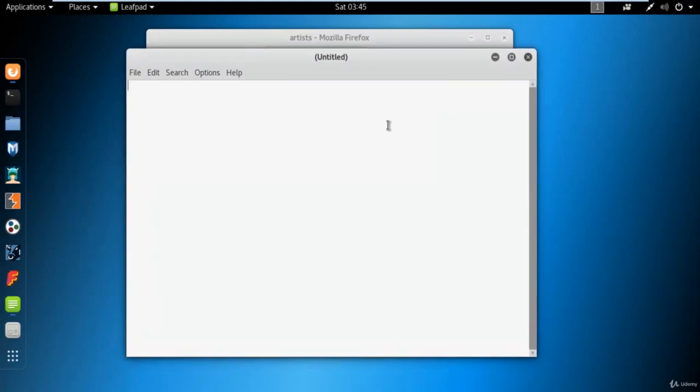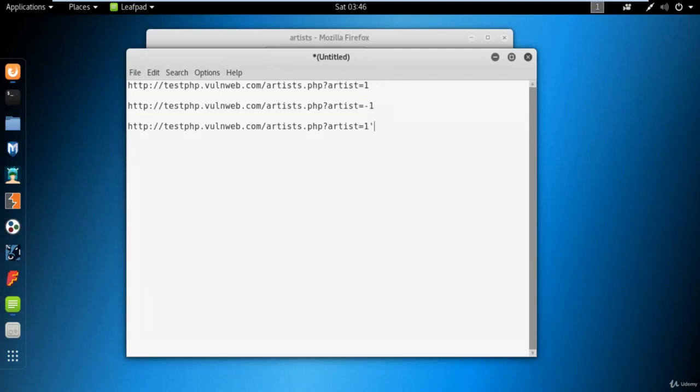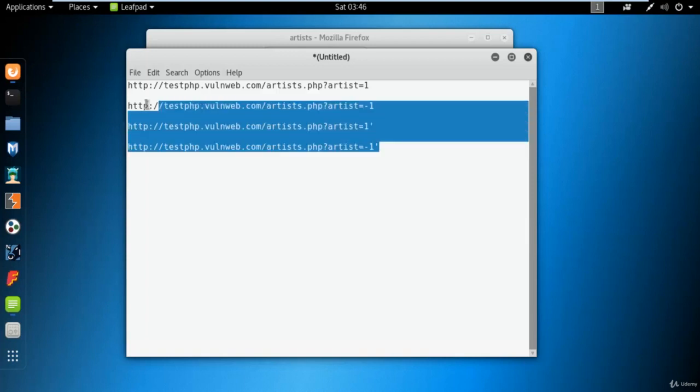For example, this is the link. You can try it like this, or you can try with -1, you can try with 1-, and you can try both of them at once. So these are the three possibilities available here.